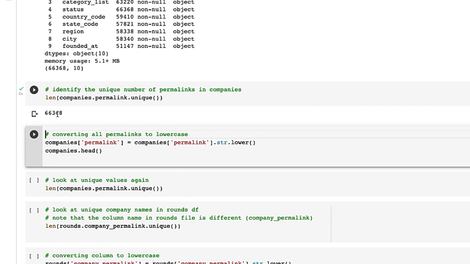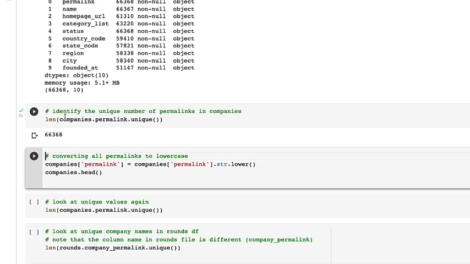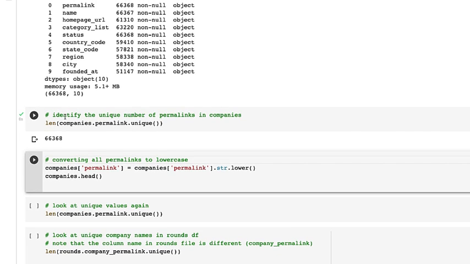So it seems 66368 is the number of unique companies, and it might have some lowercase or uppercase. Some will be capital, some will be small. So let's convert all of them to lowercase. In order to do that, you can use the string dot lower method. First of all, in order to change the whole column to lowercase, you have to give the data frame, and then inside the square brackets give the column name,